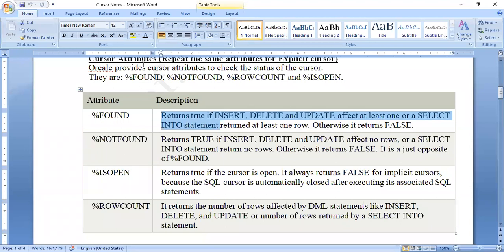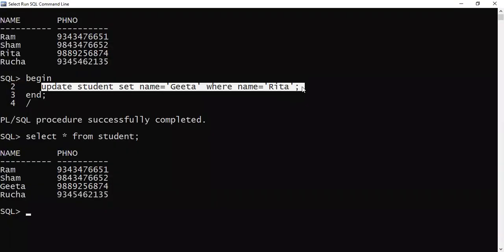Suppose in my previous example here, which example did I do? Update student set name equal to Geeta where name equal to Rita. So wherever the name was Rita, I tried to change it to Geeta, and it has done the update. Can you see it earlier?